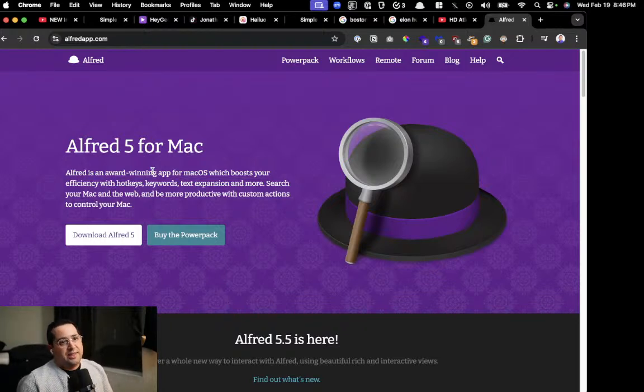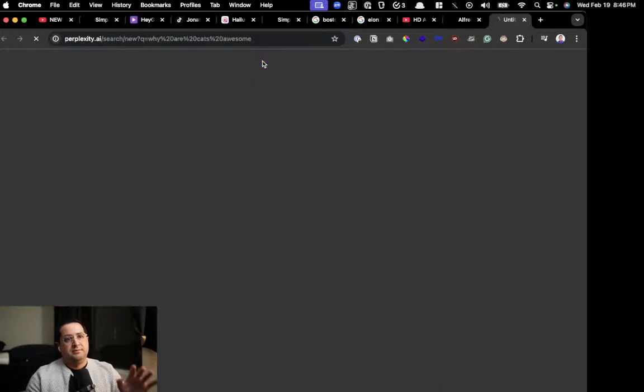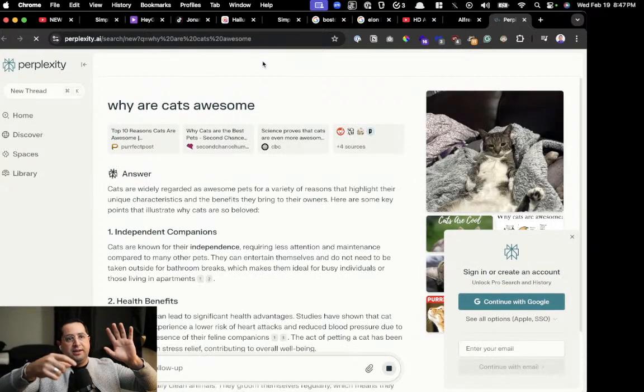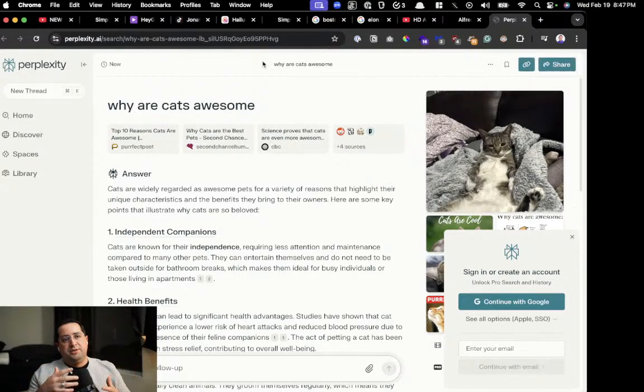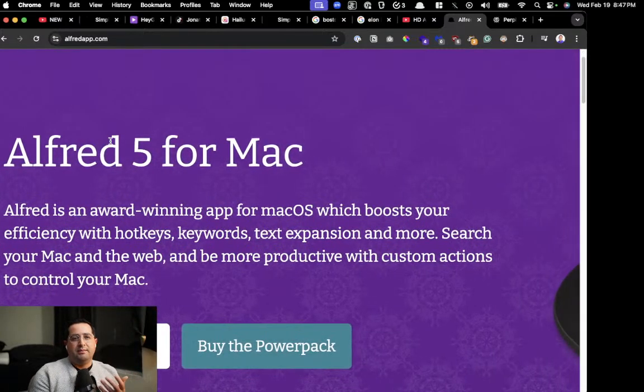And so then you're seeing me teleport around. Say for example, I want to go to Perplexity and type why are cats awesome? It goes to Perplexity, goes to the search bar, adds it to the search, and automatically enters it. What would take you 20 seconds takes me 5. I'm able to get more done in a day than most do in a week because of Alfred. Alfred has 3 cool tools. It's only a one-time purchase, not a subscription. It's $72 and you own it for life. Worth it. Every Mac should have Alfred installed.